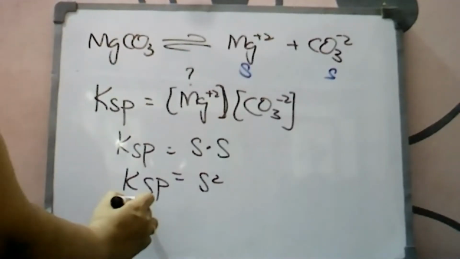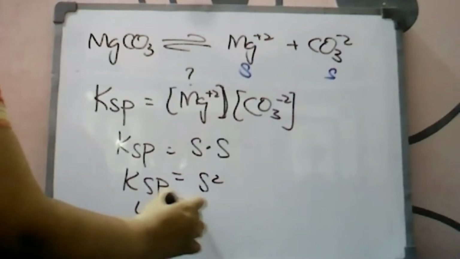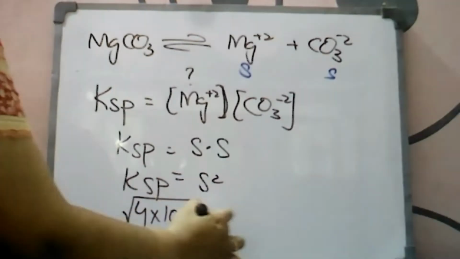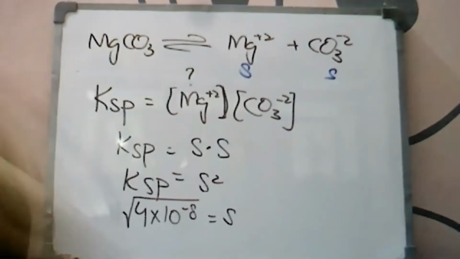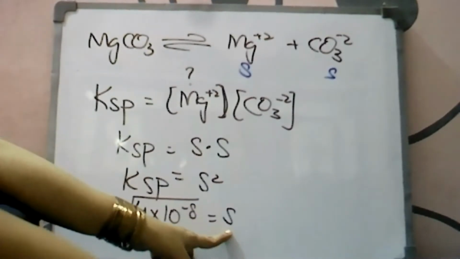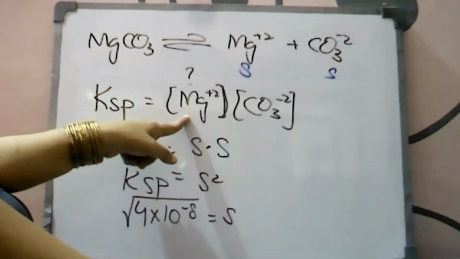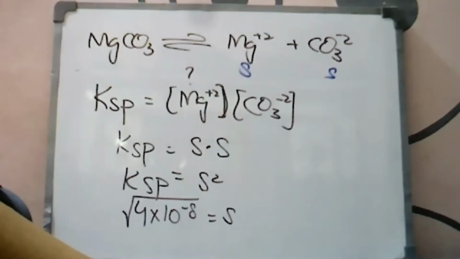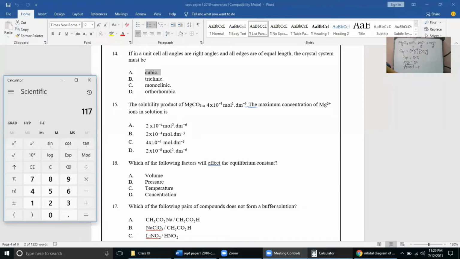The Ksp value is 4 exponent minus 8. If you take under root of this Ksp value, you can easily find value of S, and S means concentration of magnesium ion. So let's find the correct answer. 4 exponent minus 8 under root. Correct answer is 2 exponent minus 4,